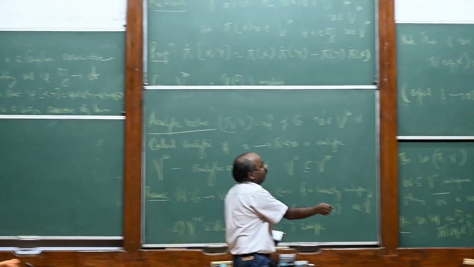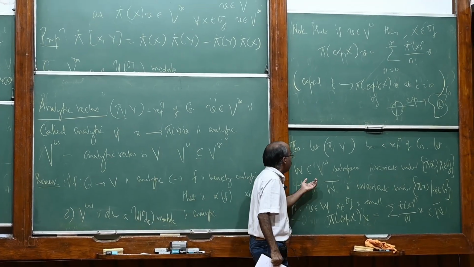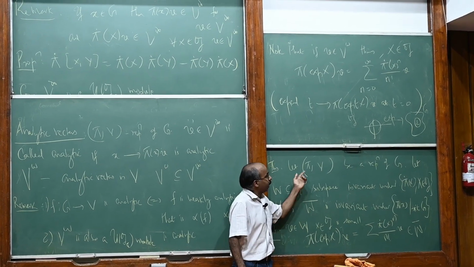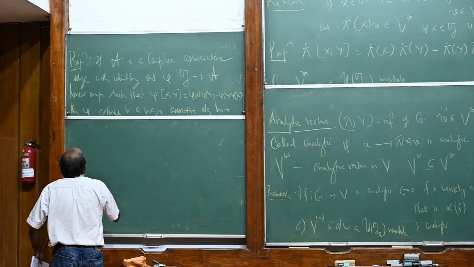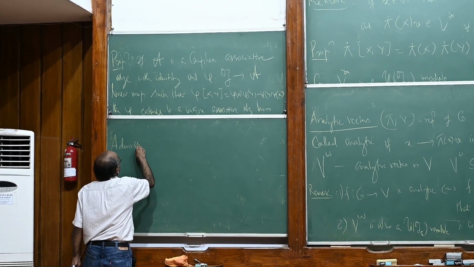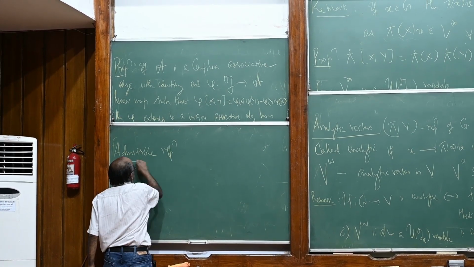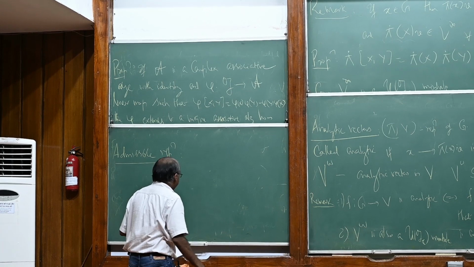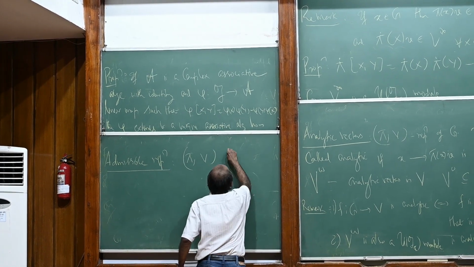So this is going one way, right? Starting with the invariant subspace and the Lie algebra action of analytic vectors, I can go upstairs to the invariant subspace of G. So here is another definition, admissible. These are the representations which are classified using the infinitesimal method. So phi, the representation